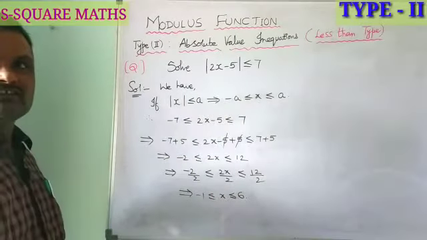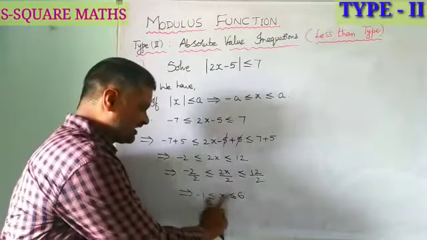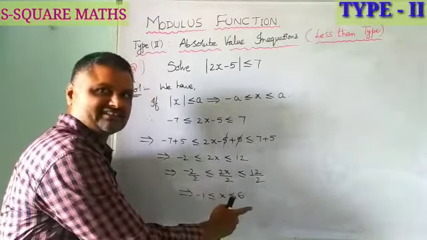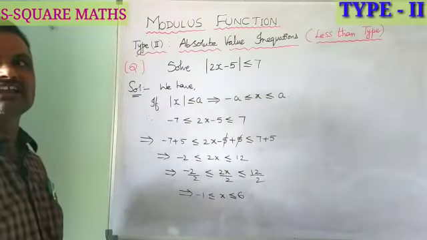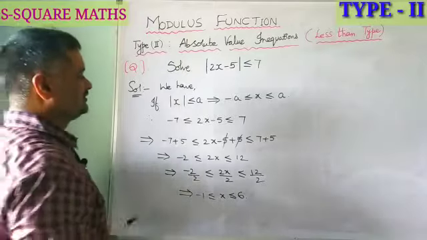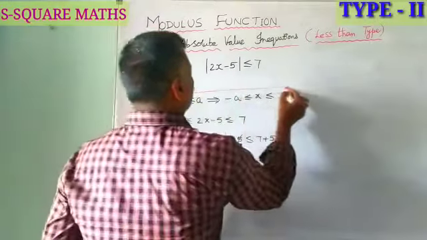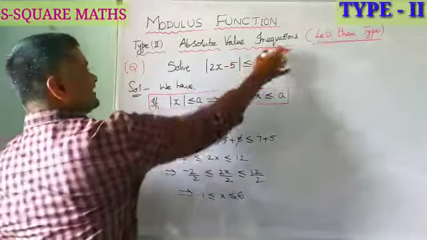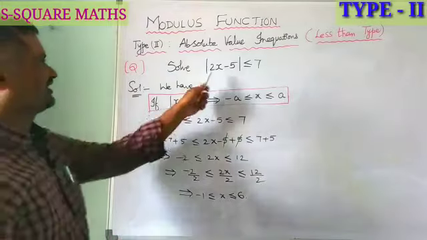So what is the meaning of this now? The value of x lies between minus 1 and 6, including minus 1 and 6, is a solution for the given absolute value inequation. Now this is a formula connecting absolute value inequation of the type less than or equal to, and therefore the solution for the given equation is